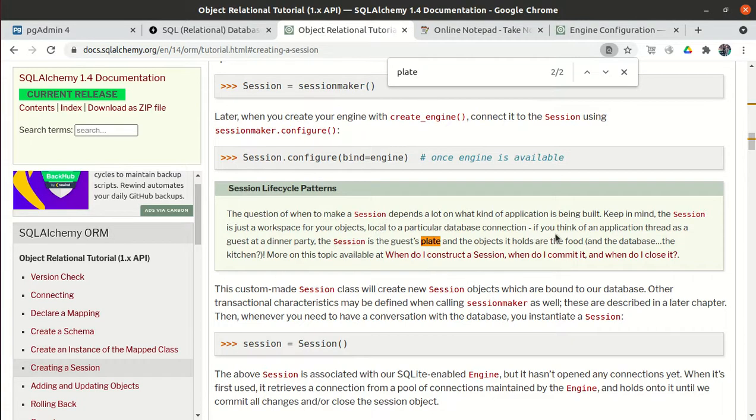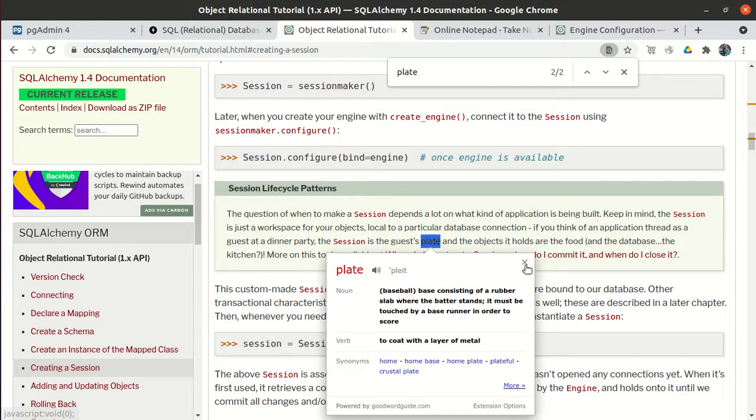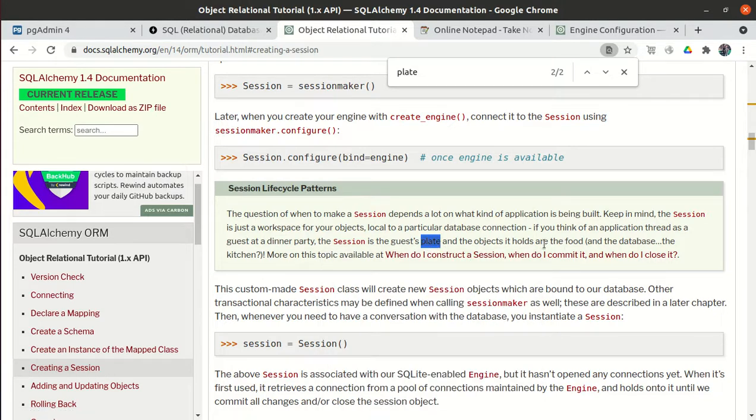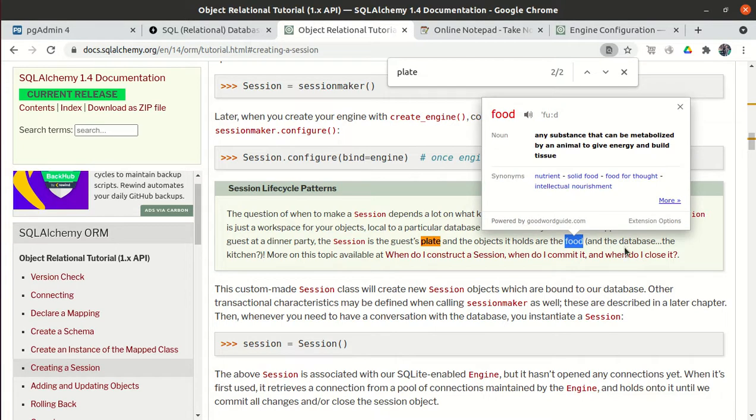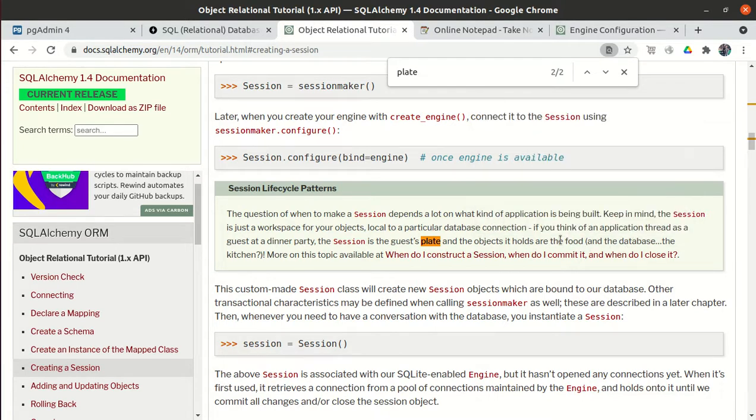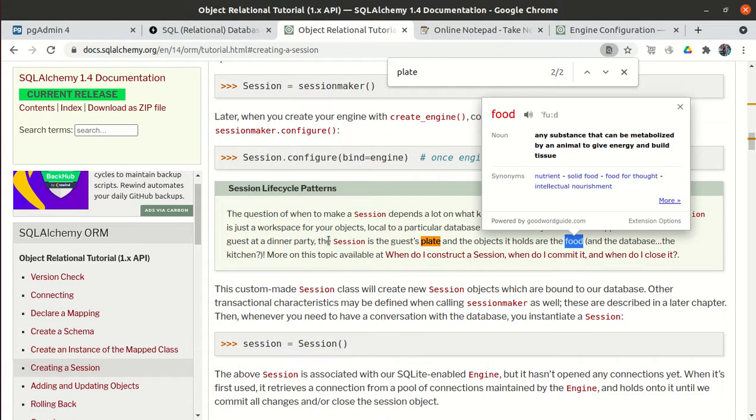So what is a basic session? A session is basically a thread, or you can say it is a kind of workspace for your objects. Wherever we do work, we will create a session. They said, suppose there is a guest attending a dinner party. The guest takes a plate, and whatever objects are in the plate, whether food or juice or any other things, are related to that particular guest, right?